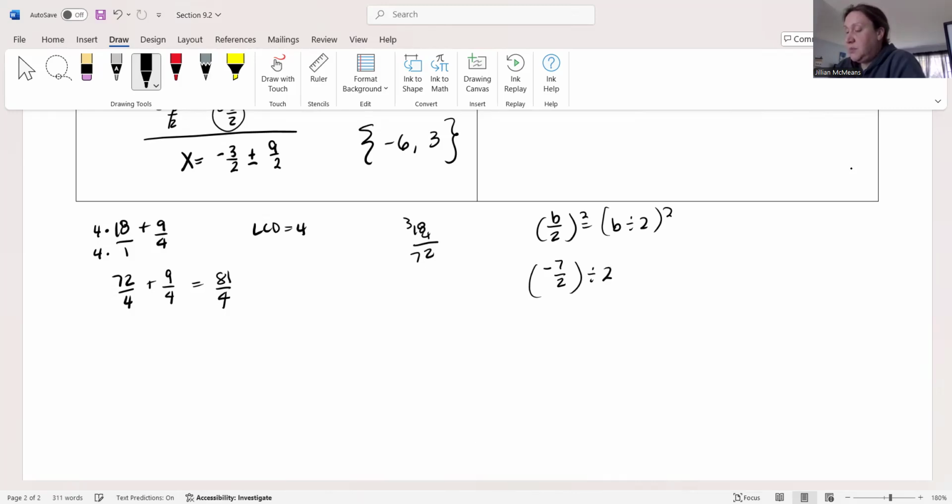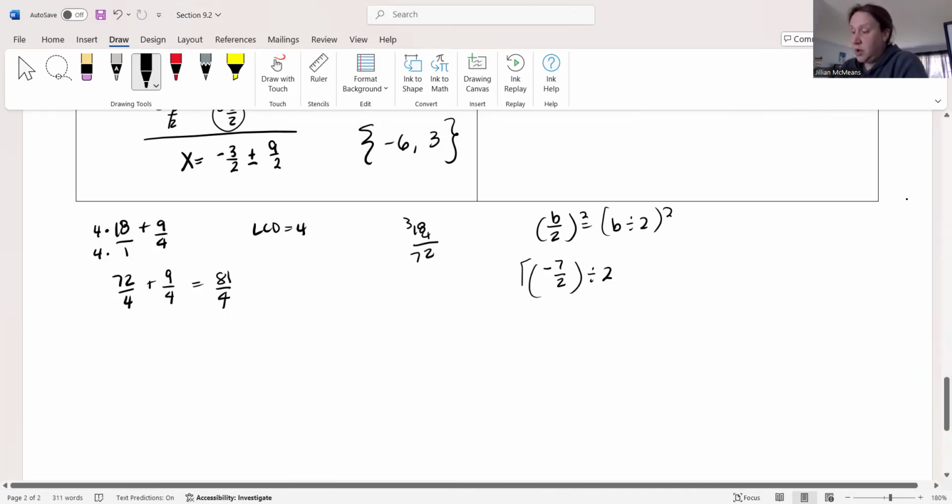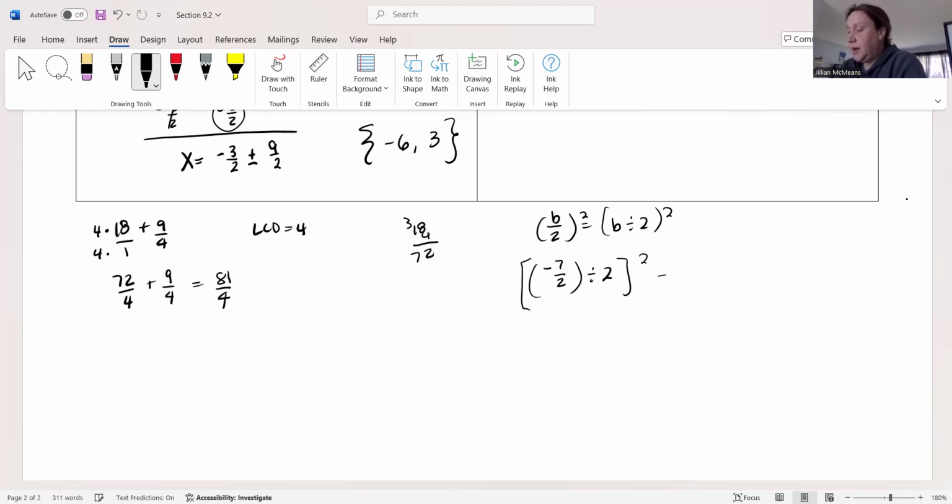We want to divide that by 2 and then square the whole thing. Okay? So that's going to be negative 7/2 times 1/2, right? Do you remember division of fractions? When you divide two fractions, you keep the first fraction the same and then multiply by the reciprocal. Well, the reciprocal of 2 is 1/2. So I get negative 7/4, but don't forget, we have to square the whole thing, which tells me we have